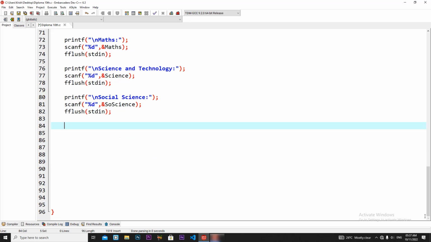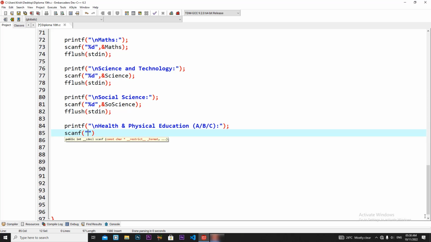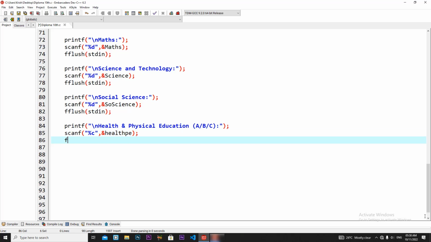Now we are going to receive grades of 3 subjects. printf("\n health and physical education (A, B, C)"); scanf("%c", &health PE); flush stdin;